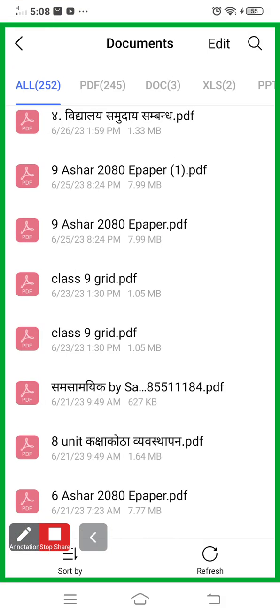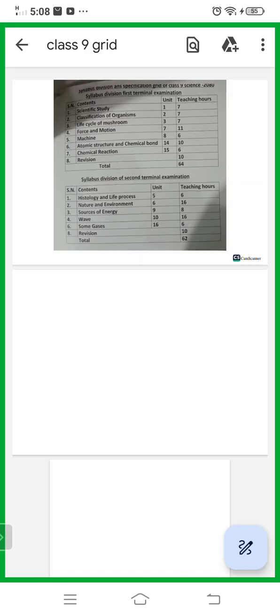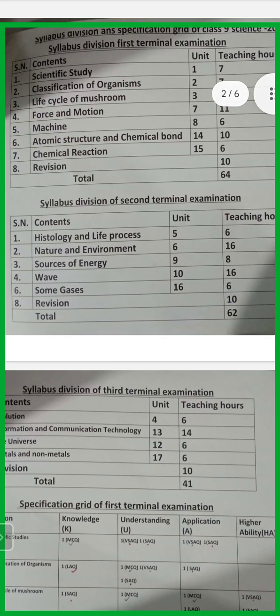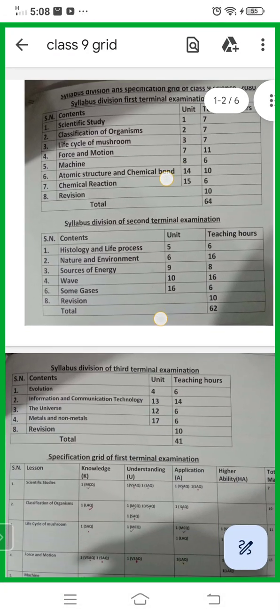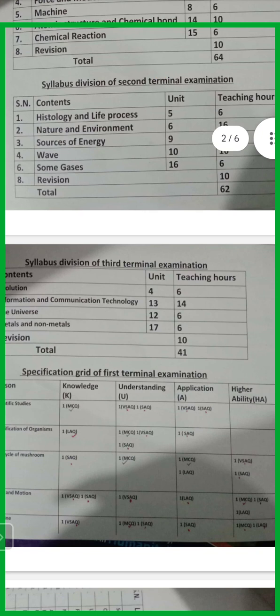And grade for class 9. This is for the first terminal examination, and in the second terminal examination the units are, look at here, histology and life processes, nature and environment, source of energy, waves, some gases, and we have the units,